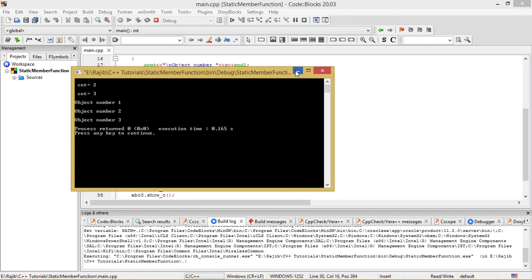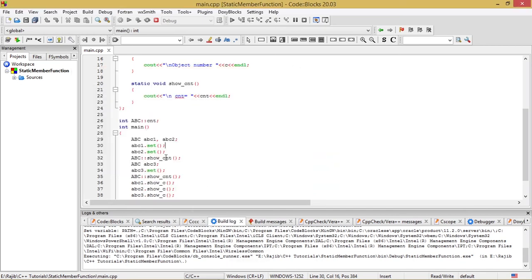After that there is yet another call, ABC scope resolution operator show_CNT, because ABC3.set has incremented the value of CNT by unity once again, and CNT assumes a value of 3 now.